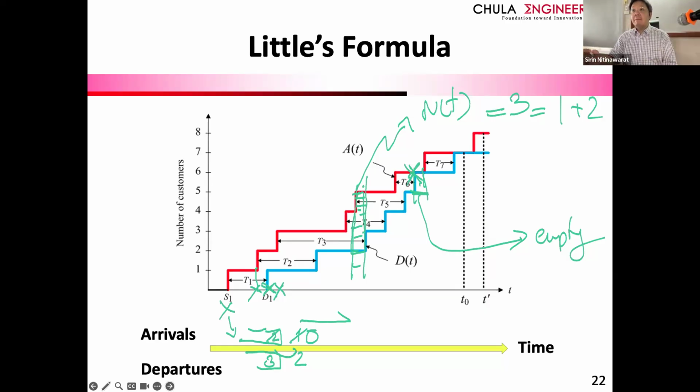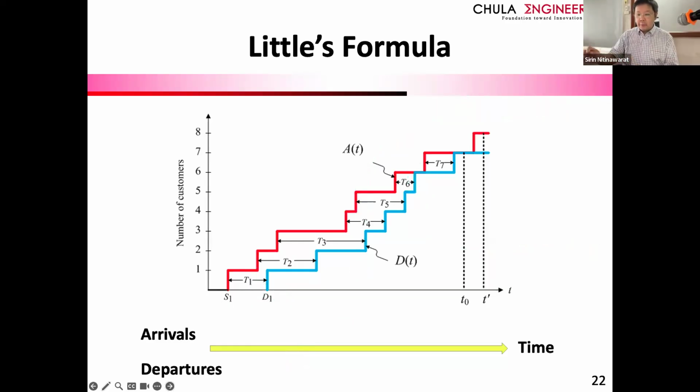So what happened at the time when the system is empty? I would say it's like you reset the system. You reset the system, go back to the original time again, and start from scratch, right? Okay. Any questions or comments about these plots?